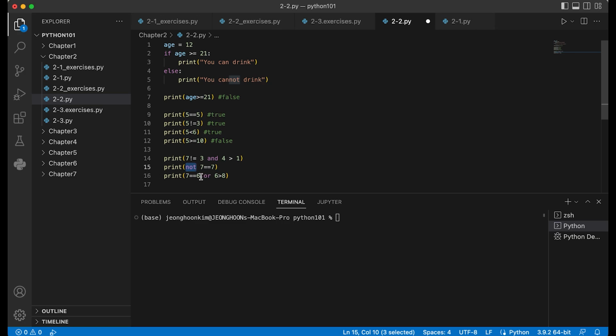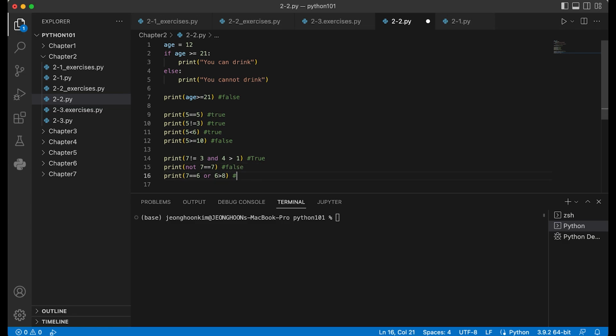True or false returns true, false or true also returns true, but false or false returns false. So here, 7 is not equal to 3, true. 4 is greater than 1, true. So true and true is true. AND returns true only when both are true. 7 equals 7 is true, but not flips it, so false.